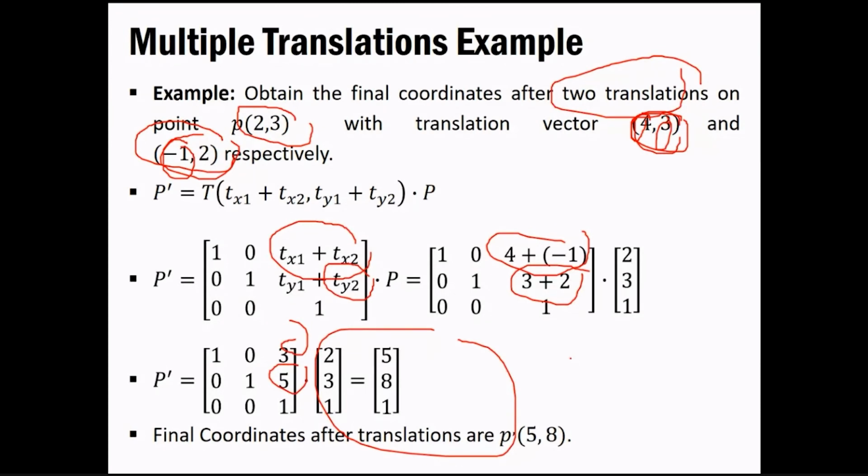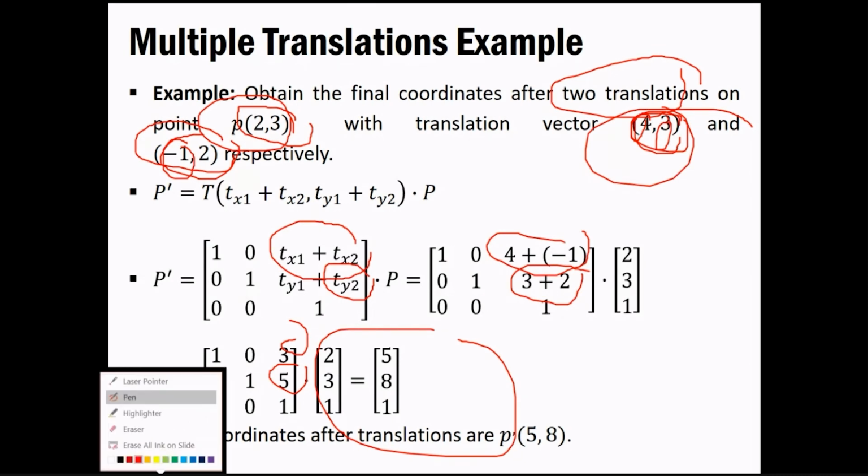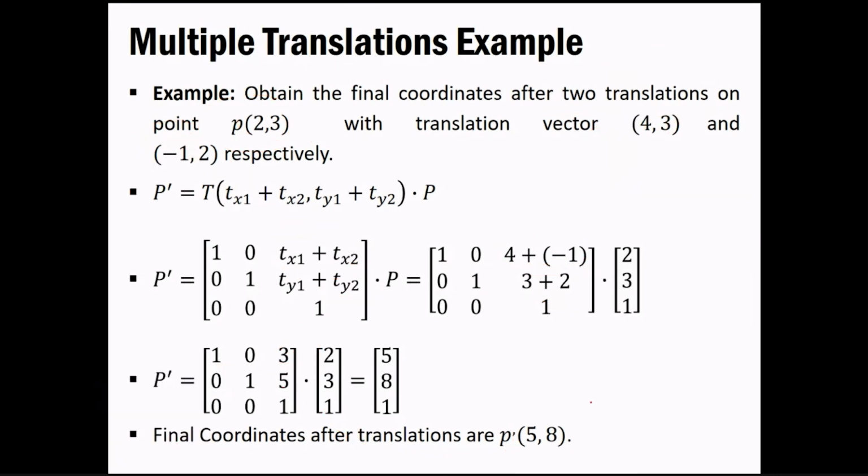Okay, so that is what it says. You just have to apply two translations on this (2, 3) with the given values. So that is what you can do. Now, if you get different scenarios, you cannot get the same thing that is given over here. So I will create multiple scenarios in the tutorial. I will try to put my knowledge into that particular tutorial and create that for you, so you don't get confused in the examination or at any stage.